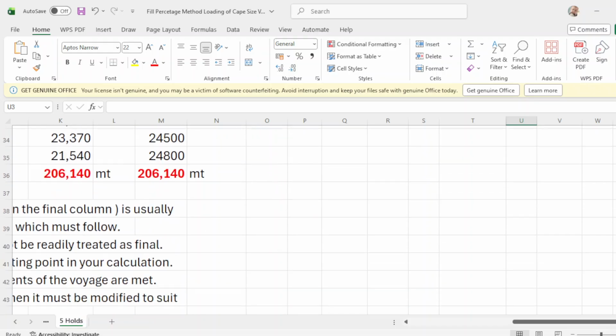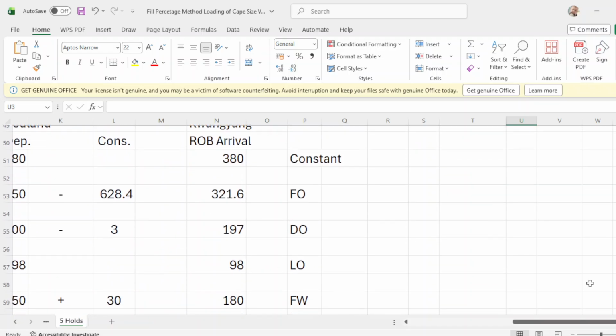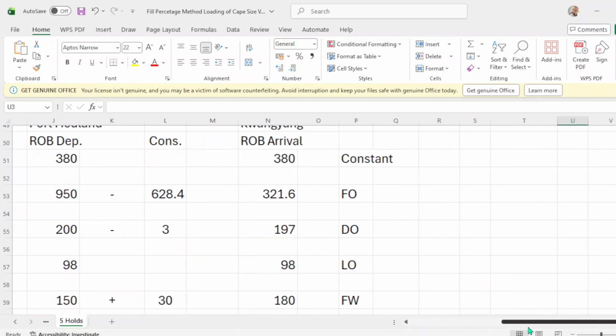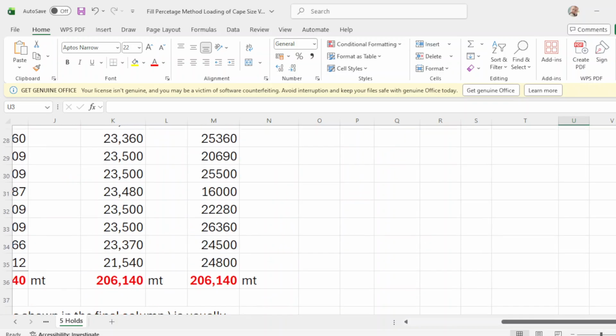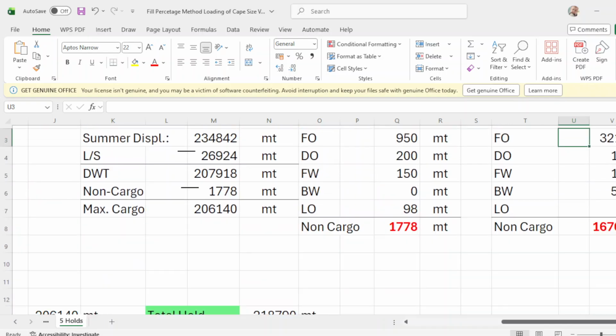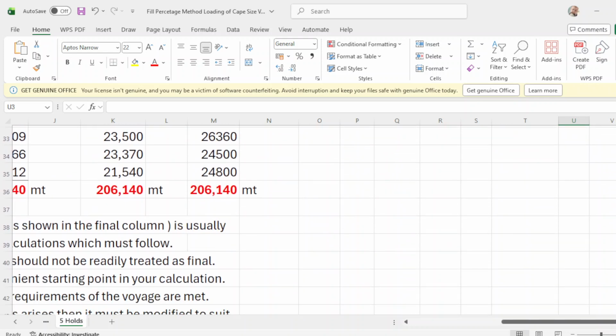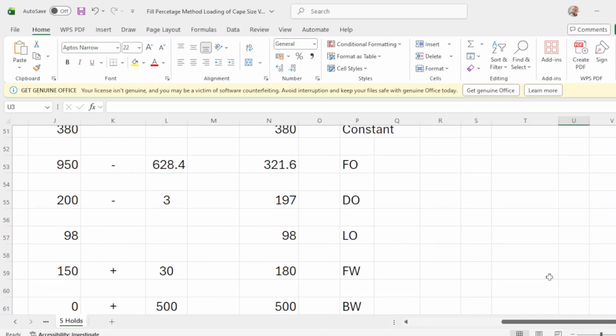Done. Next will be your DO. You take only 3 tons, so your ROB is 197. DO is 197, okay? Then next will be lube oil, no change, so it's still 98.